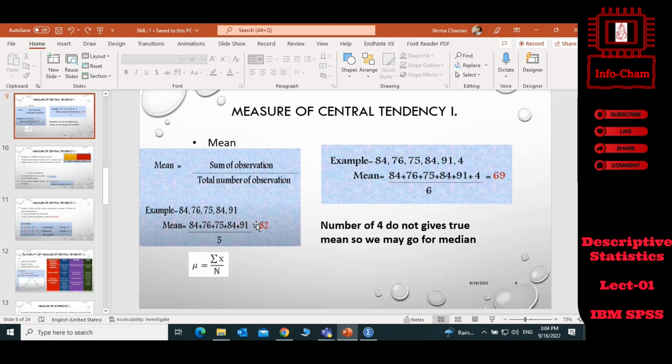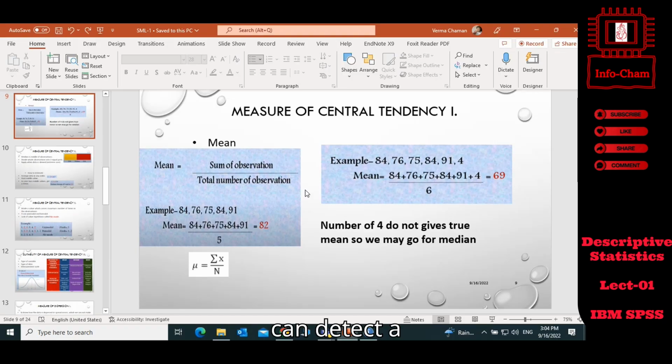If you're adding a value like 4 here, you see how the mean goes. So in that case, you should not apply the mean. I have just given the example. You have to check by the tool, or you have to check the value. If you're adding a small value, practically it is called an outlier, an extreme case in SPSS. It is the term. It will come, and practically I will tell you